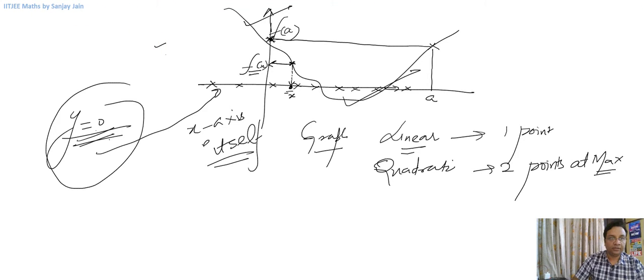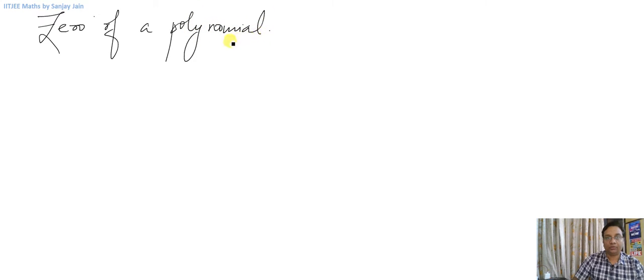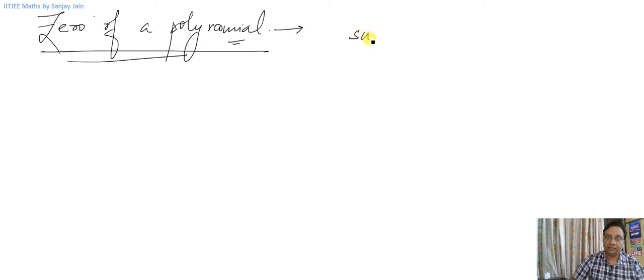So let us clear the board and talk about another topic, zeros or zero of a polynomial. Then we will go back to the graphs and we will discuss the graphs in great details. So don't worry about it. Zero of a polynomial is such value of x